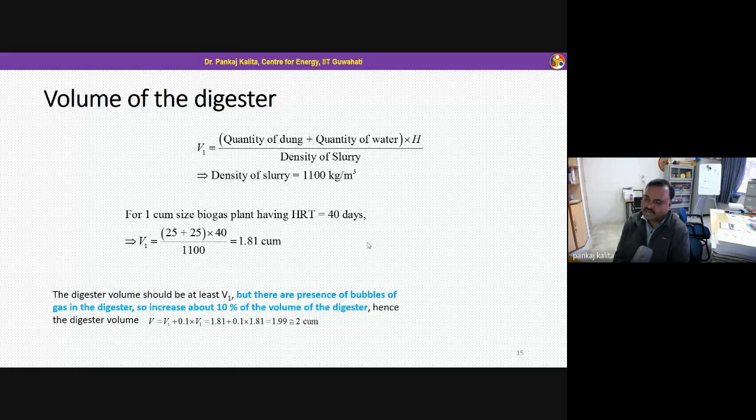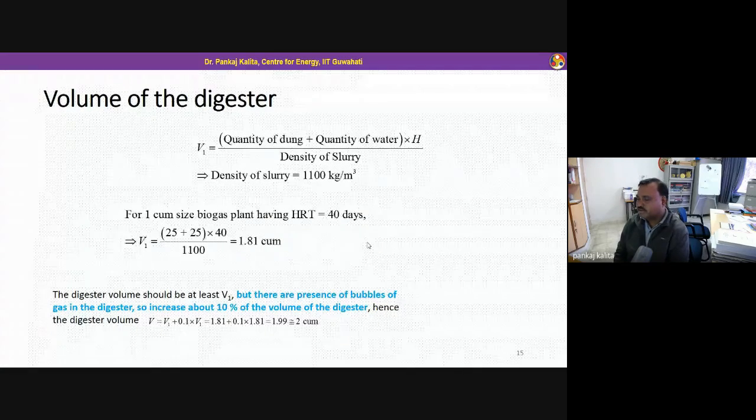Also, we must know some kind of design information. Say, if we are interested in the volume of the digester, we must know the quantity of cow dung to be added, and then quantity of water to be added, and then density of the slurry, and H is nothing but hydraulic retention time. Okay, so that way we can calculate what is the V1. So V1 is nothing but volume of the digester. If we consider 40 days hydraulic retention time, it's about 1.81 cubic meter,